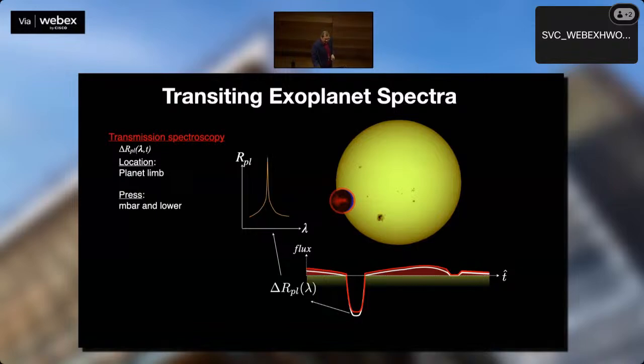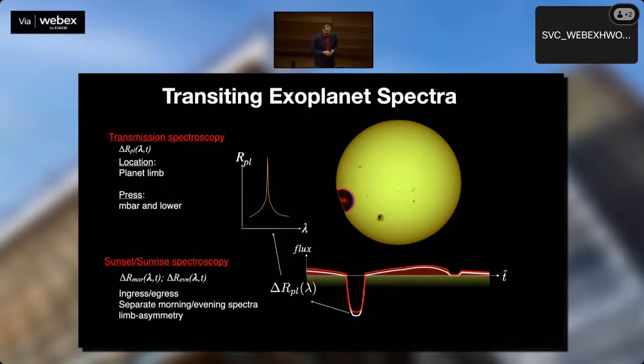Now, when you have a facility like JWST, you can push this even further because you have enough signal to noise to even measure the transit spectra during ingress and egress. And actually, you can slice the planet in half and measure the spectra of only one side of the planet, and then you measure the other side too. I like to call this sunrise sunset spectroscopy, and now we can get transmission spectra for different sides of the planet and start to get 3D information about the planet. And this is something that's only been possible with JWST.